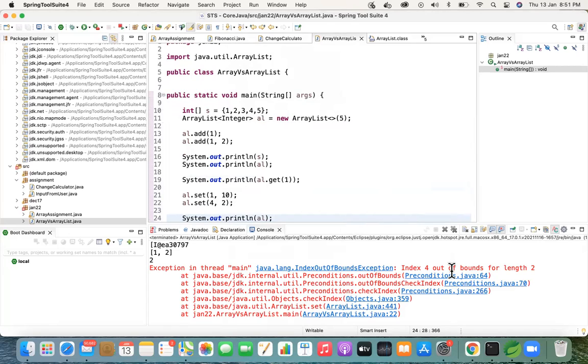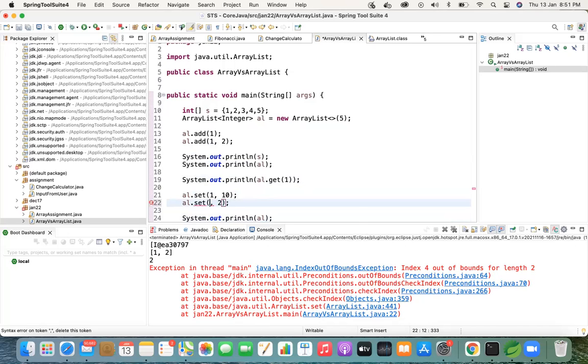Your index position 3 is still empty, and your index position 2 is still empty, but you're pointing to add a new value with set, which is not acceptable. You'll get a runtime exception. So you need to add the values initially on that specific index, and only then will you be able to update them. If you haven't created it, you will not be able to update it. This is one more point.